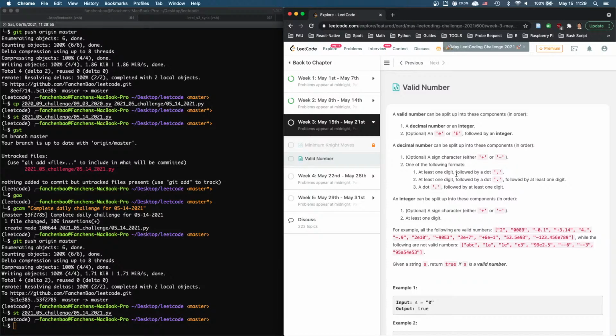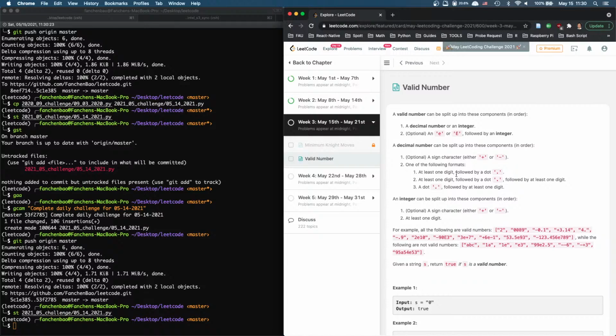Okay, or, so it's going to be like this, or, hold on, it could be an integer, which is this. Can we combine these two? So either this or